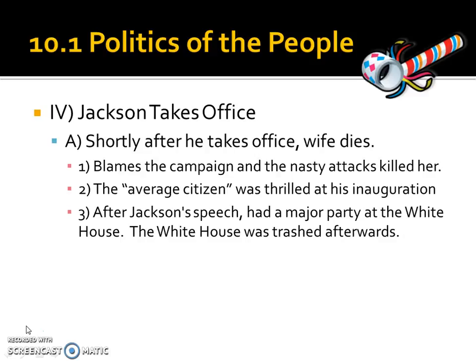And after Jackson completes his inauguration speech, he ends up having a major party at the White House. And when I say major party, I mean like a frat house party. I mean, people are rolling in barrels of whiskey. There's bodies hanging out of the doors, out of the windows, clothing hanging from the chandeliers and from all the different items. And what ends up happening is it gets so crazy that Jackson ends up just going down the street to a hotel and staying there. So the White House was trashed afterwards, and Congress, especially the Whigs, were really upset about all the damage that was done, because this is more money that we have to take out of the Treasury.